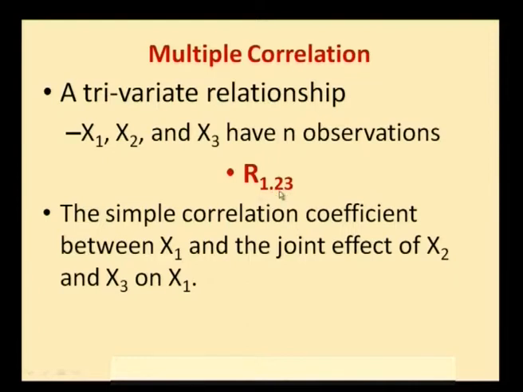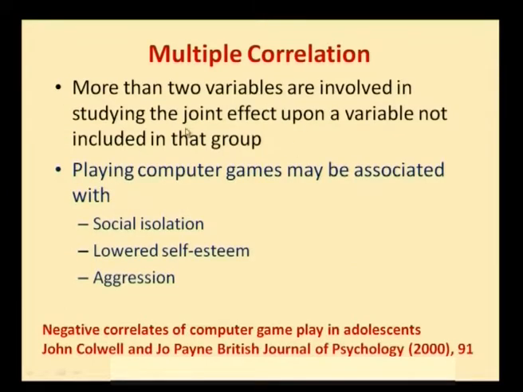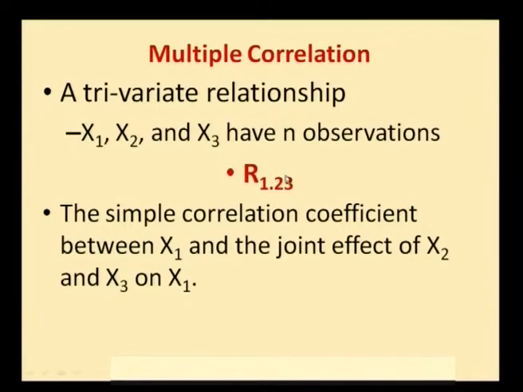I think the symbols are not so complex, because the definition is meant to say joint effect upon the other variable which is not in that group. So, you could easily understand that 2 and 3 are grouped, obviously 1 is left over. So, the joint effect of 2 and 3 on 1 will be studied. So, the simple correlation coefficient between x 1 and the joint effect of x 2 and x 3 on x 1. So, the symbols could be easily generalizable or extended at least to a 3 variable case per se, or